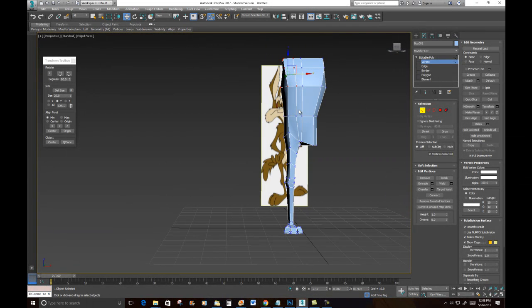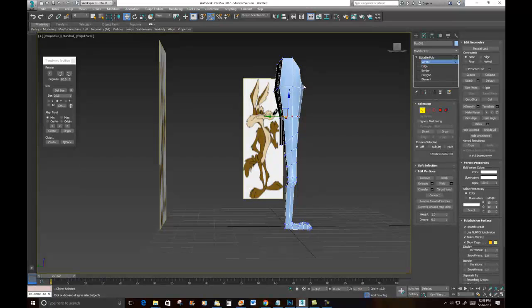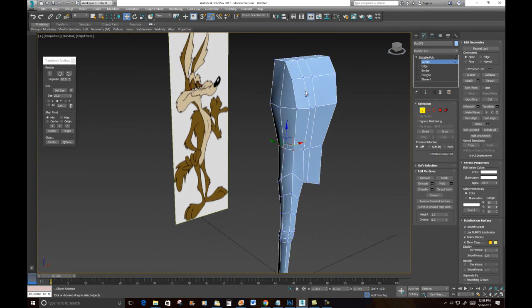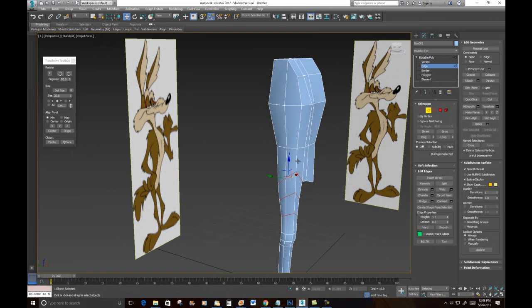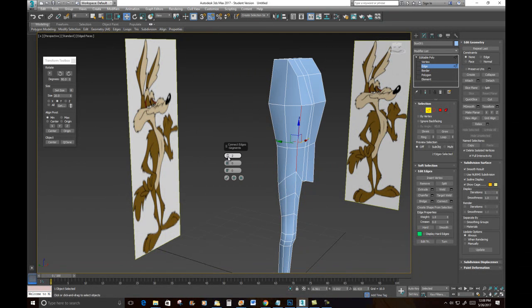So something like that. And we'll grab these and move them as well. So now I want to start on the arm. And to start on the arm, well, I mean, you can also add some subdivisions here, like so, before I even get to the arm. So if I grab this one, and I right click, and let's just say I connect both of those with